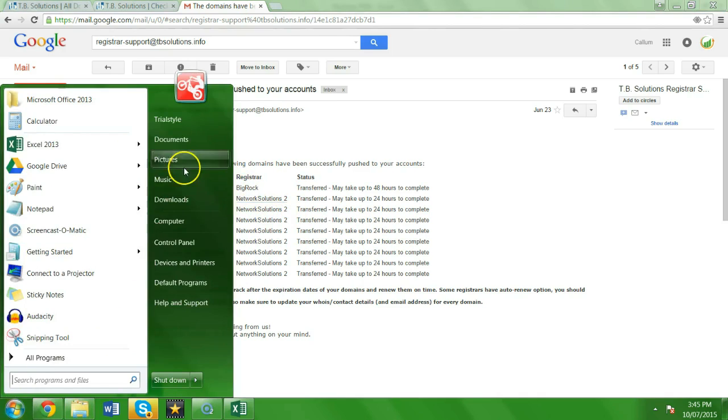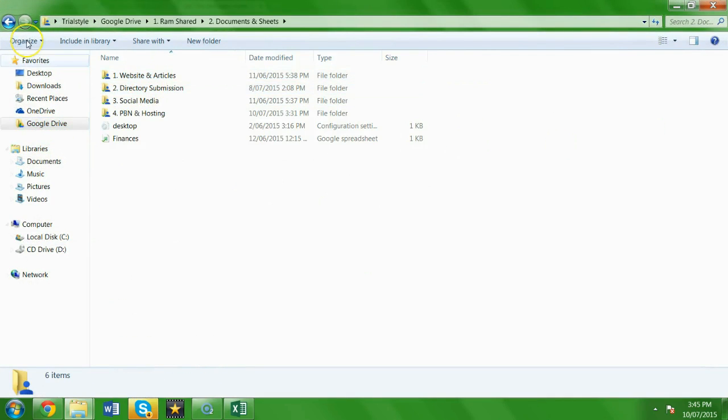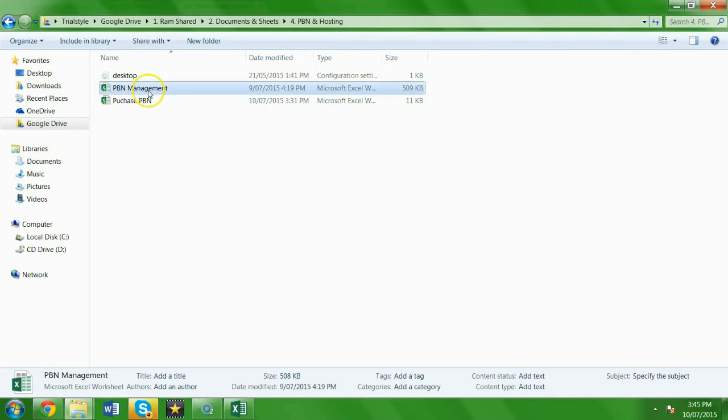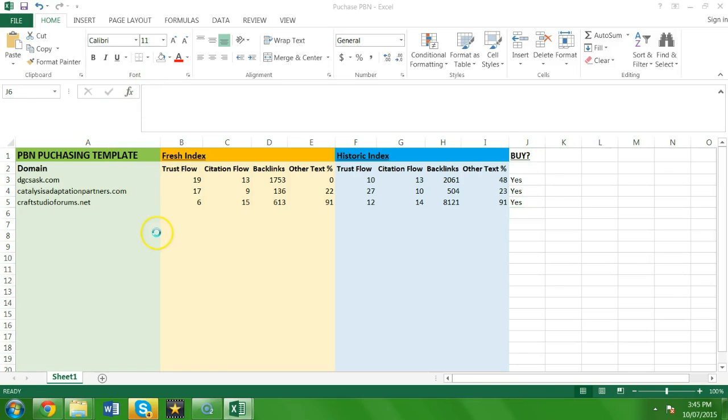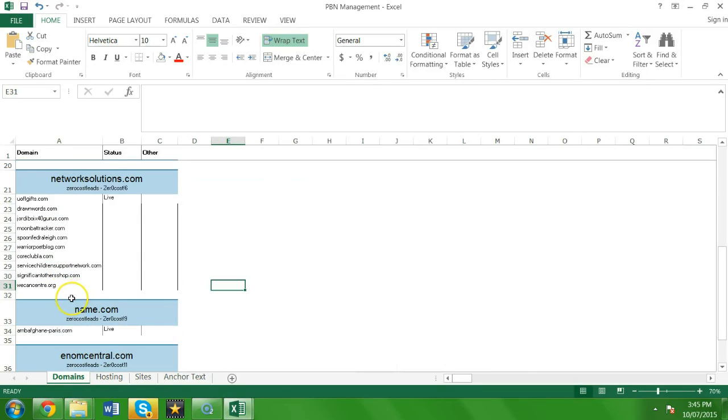Alright, that's when we open up the PBN management sheet once they've been purchased, and on the domains tab, that's where we add them all in. So you can see all the ones I've added here that we've purchased and have been pushed to our account. So now they're sitting here ready to be used. And that's it for the